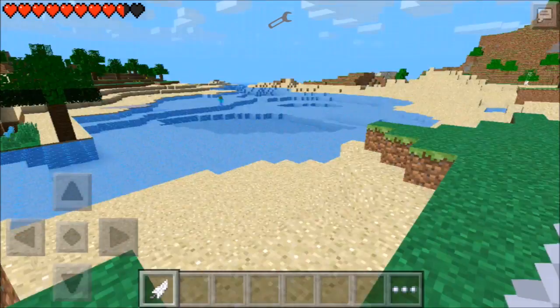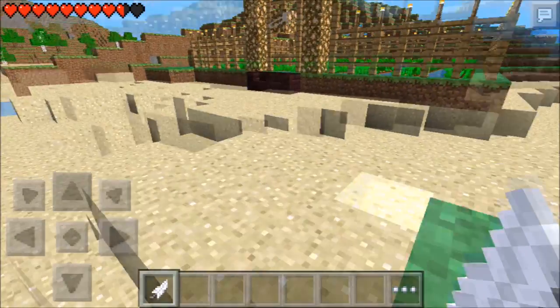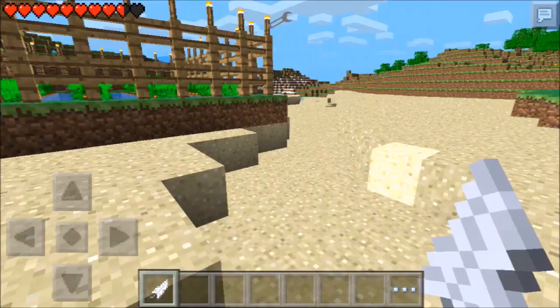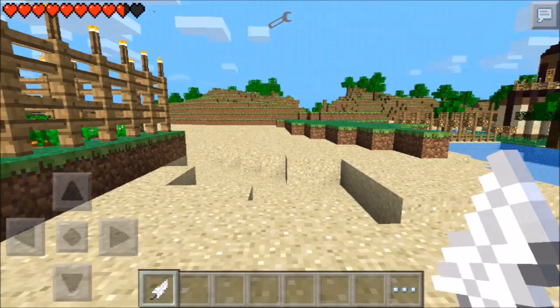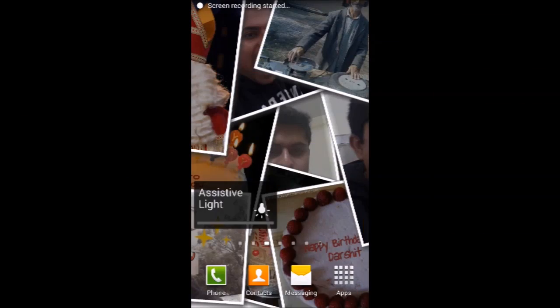I will show you both how to do it, and then I will also show you how to ban a player, how to make a player OP, or how to kick a player in your server, and how to add cool plugins in your server. So let's go. So guys, the first thing you need to do for creating your own server is